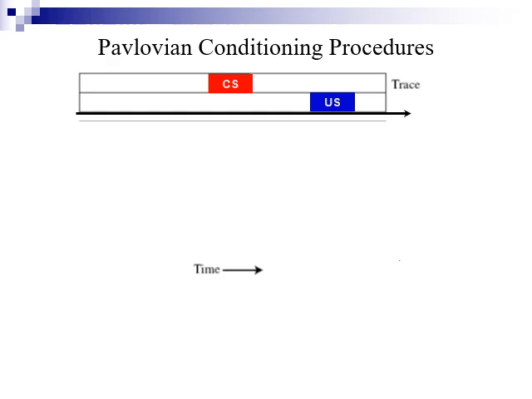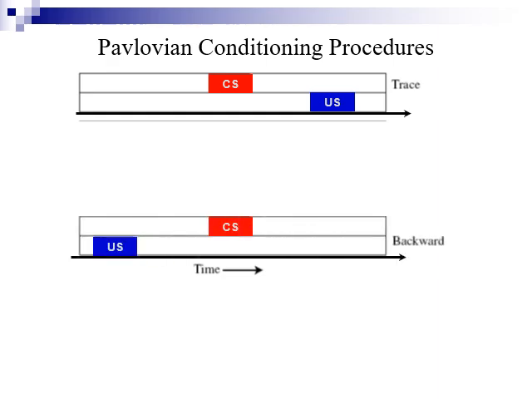if we look at time going from left to right, each one of these blocks, so the red block with CS in it, what that means is that the CS is turning on the left side of the block and turning off on the right side of that block. And the US is turning on the left side of the blue block and turning off on the right side of the blue block. So what that means is that under trace conditioning, we have the CS turning on, turning off, then there's a delay, and then the US is presented, turns on, turns off.